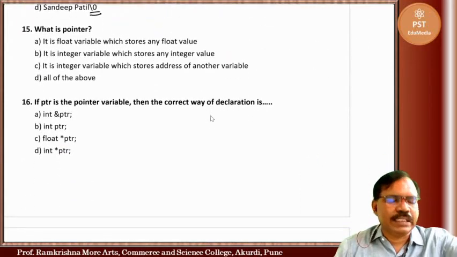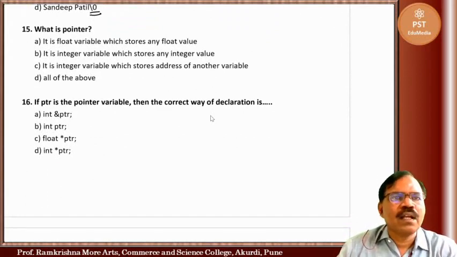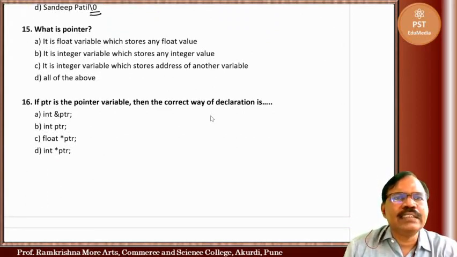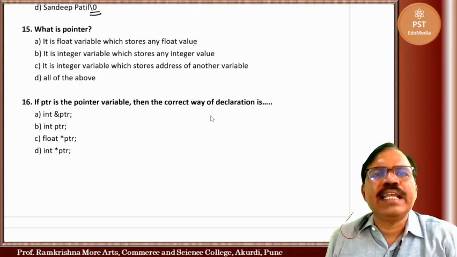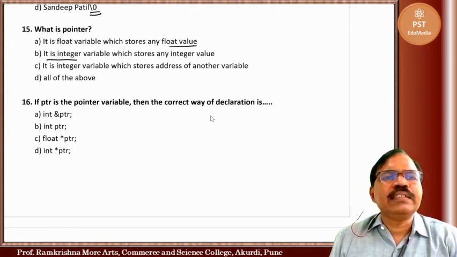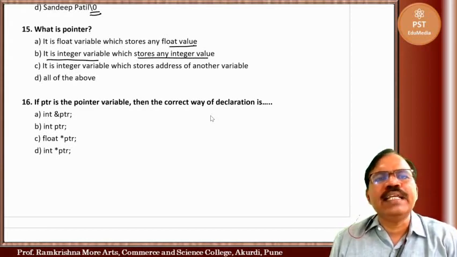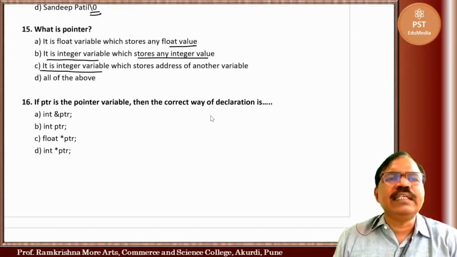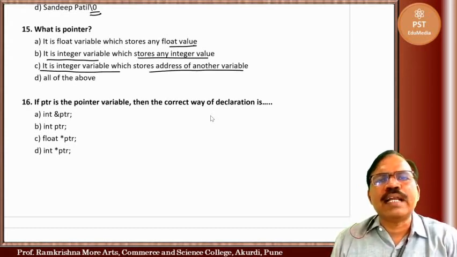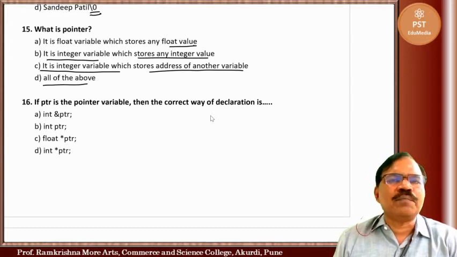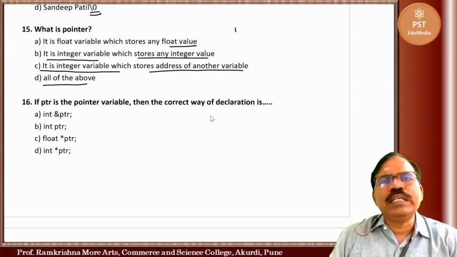Now what is a pointer? Is it a float variable which stores any float value? Is it an integer variable which stores any integer value? Is it an integer variable which stores the address of another variable? All of the above? So we generally define int *p, means here p is a pointer.